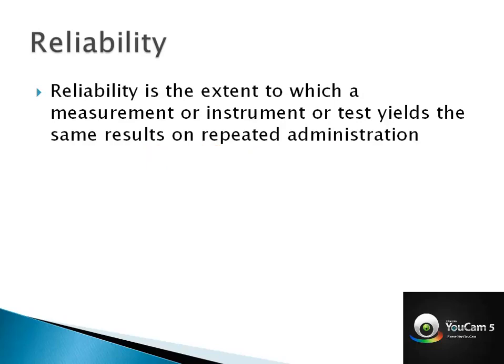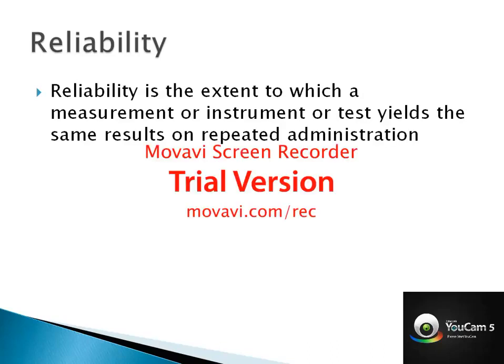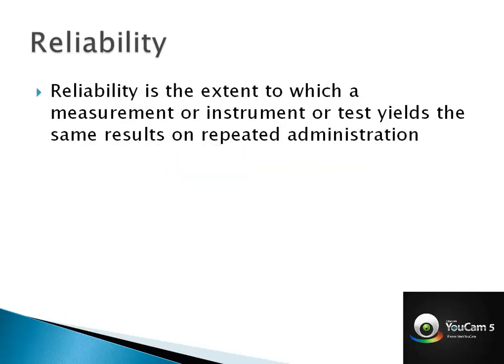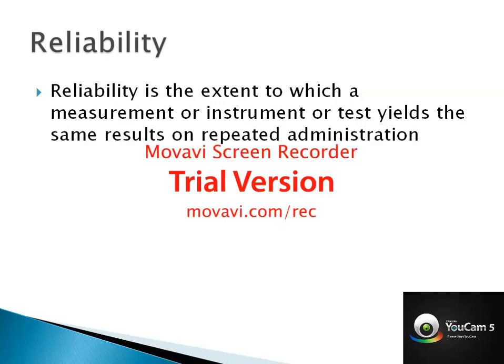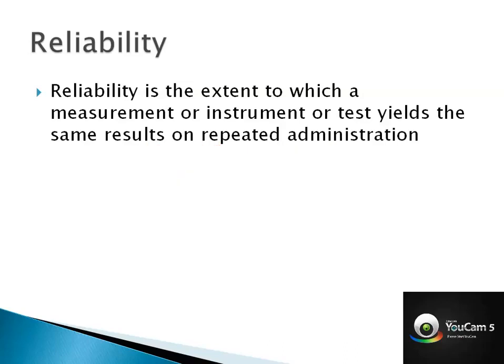For example, if you are using a weighing machine in your research study, when you check the weight of the patient, it should give the correct weight even though you administer it twice or thrice. If I check my weight at 9 o'clock in the morning and check it again, it should give the same weight. If it keeps giving a different value every time I stand on the weighing machine, it is not a reliable instrument. So make sure the tool you prepared produces the same result on repeated administration.